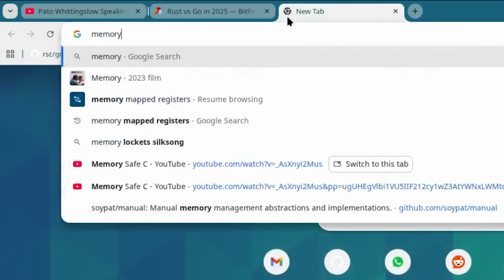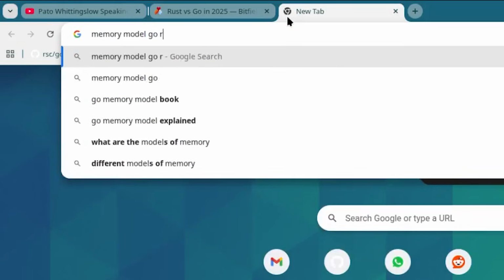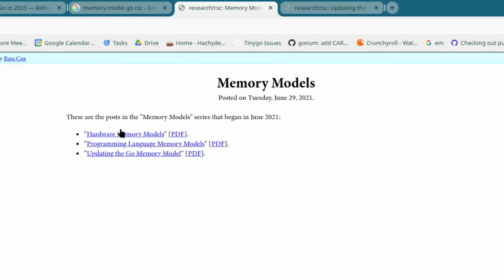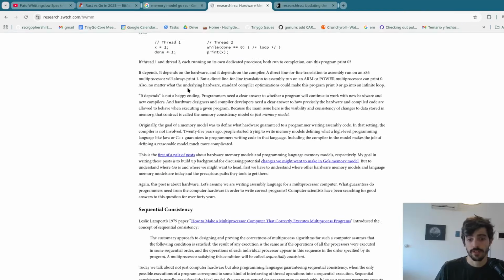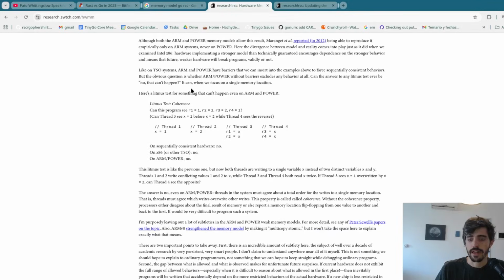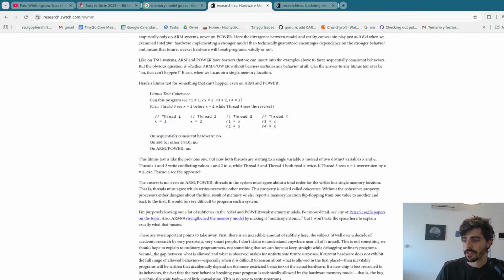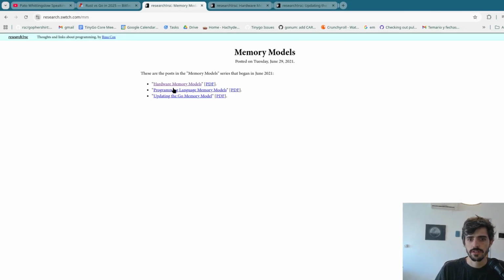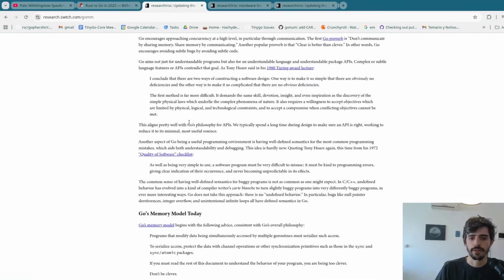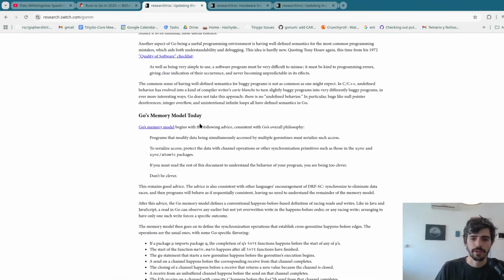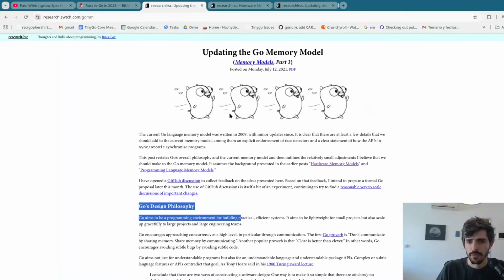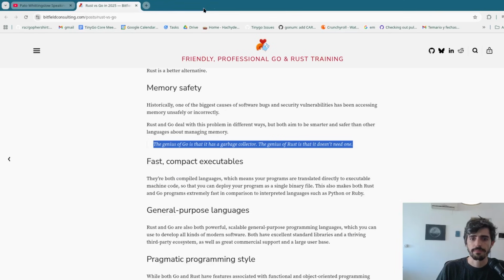So if we go to the memory model of Go, we can read more about that here. There are some great articles written by Russ Cox on how the Go memory model works. I think this one's a generic introduction into memory models. And he does go into how the Go design and the Go memory model works and the changes they performed around this time, which was in 2021. All right, enough about that.